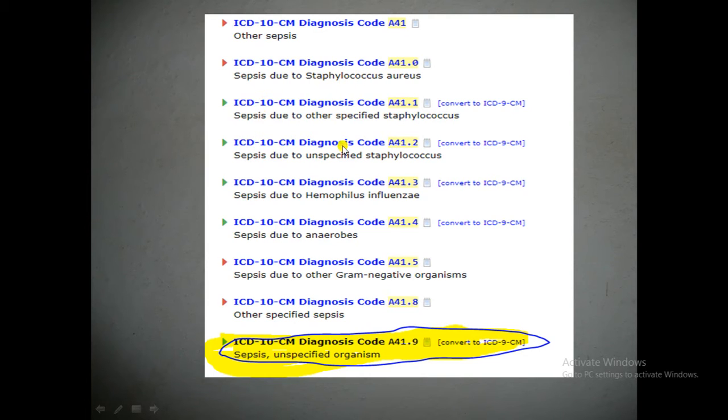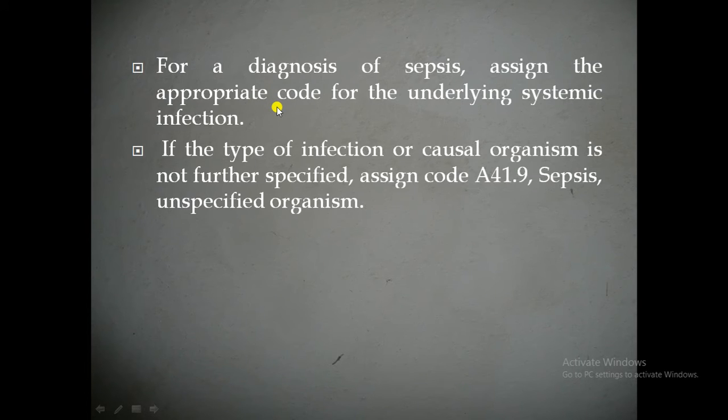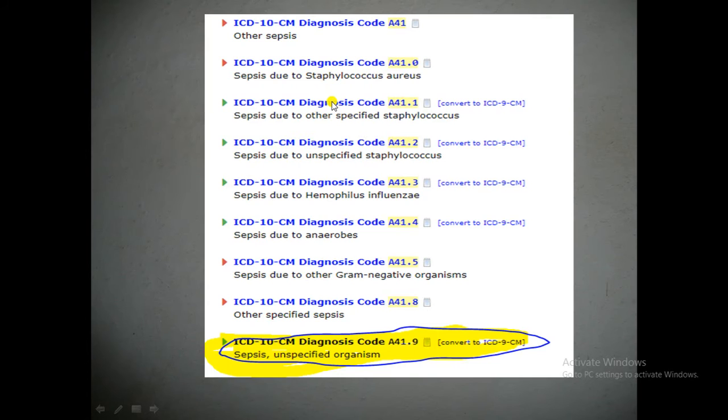So like this, here the list will be. Whenever a patient has sepsis due to an underlying systemic infection, such as sepsis due to the organism Staphylococcus aureus, and it is mentioned clearly in the medical report, we code it like this. If sepsis is because of anaerobes or Haemophilus influenzae, we have a specific code.